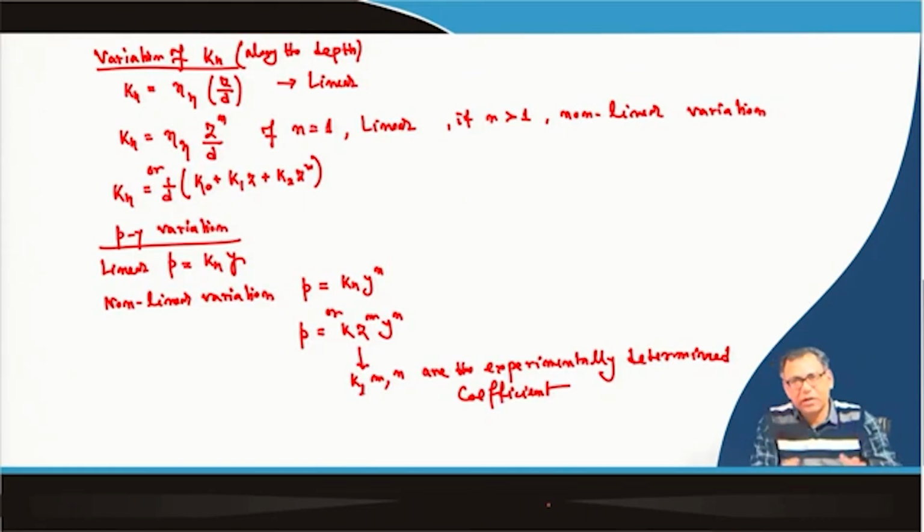So, that means all this type of flexibility is there in this type of solution, where you can put a different variation of kh along depth, you can put a different variation of P and y, you can put it linear, non-linear, or you can have a Py variation along